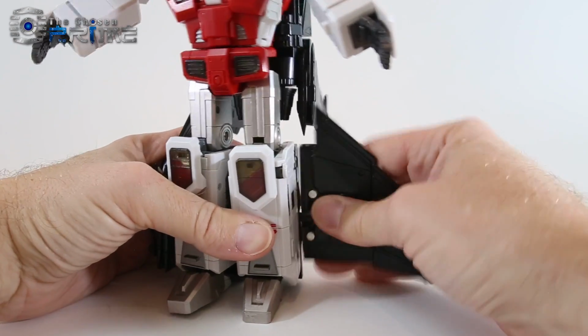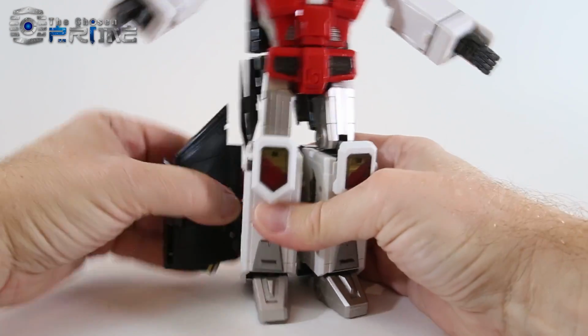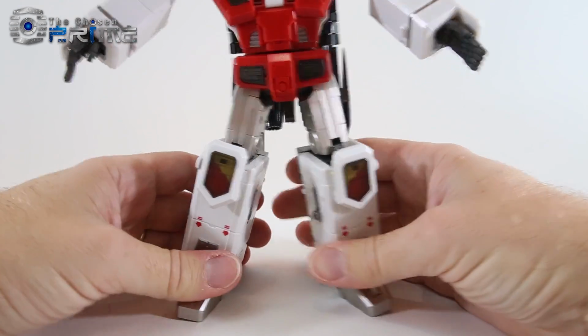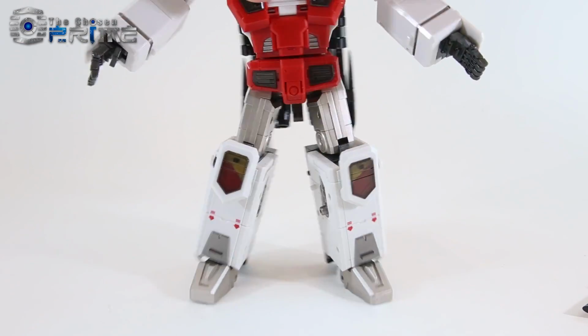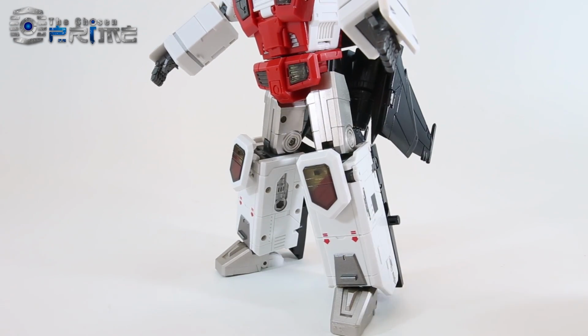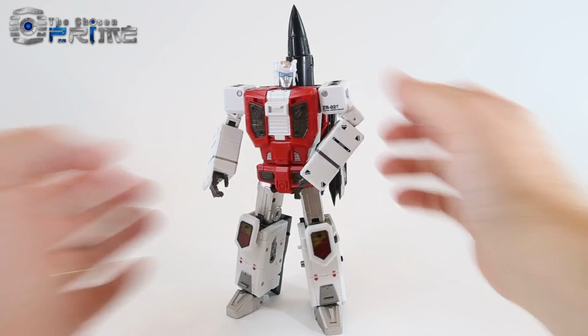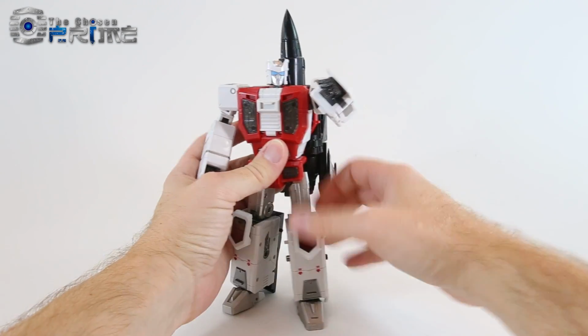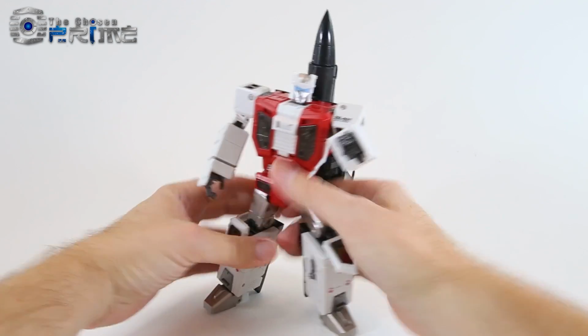Or if you want to just remove them entirely, you can just unpeg this from each side and get a much cleaner look for his legs, a more animation accurate version. So you can either have them stored fully on his legs if you like, or you can clean them up. As far as his overall posability options, just like ZB-01, he's got a nice range of movement